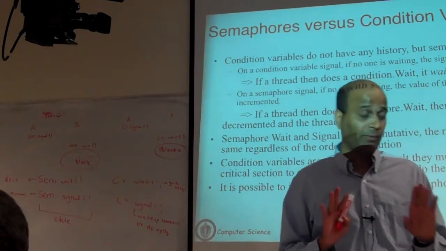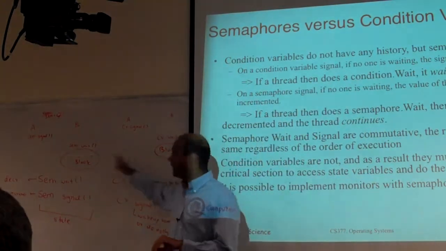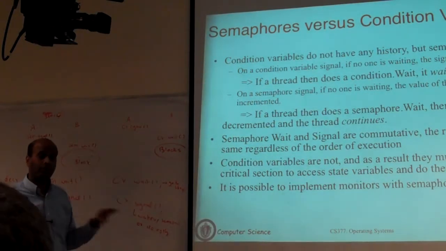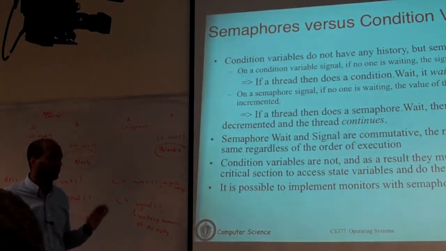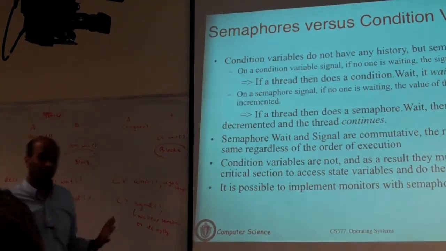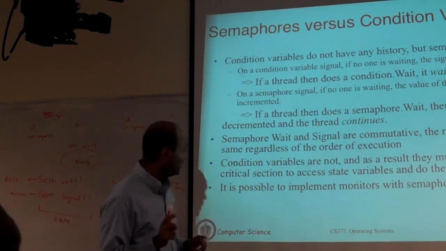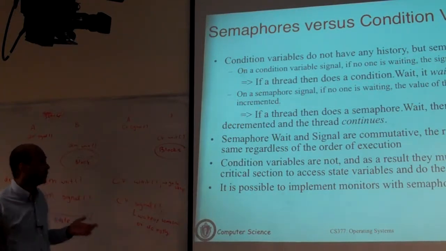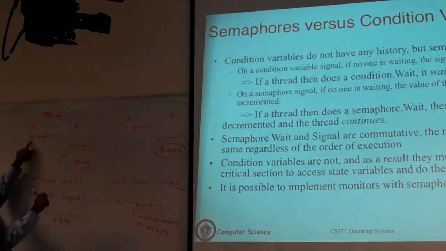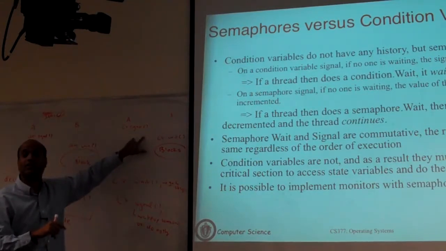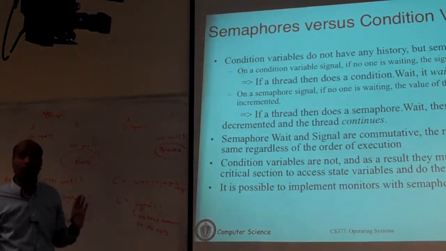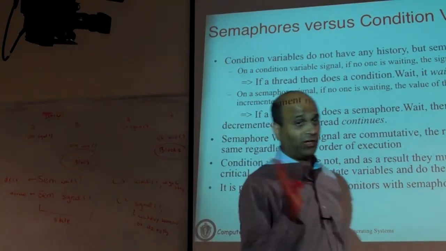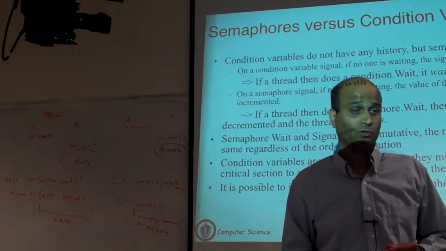Okay? So I'll repeat what I said. Just because the two behave differently doesn't mean that you cannot do certain things with this. From an overall expressive power perspective, you can solve any problem with either of those. You just write the code differently. Just because you lost this signal, you have to write some other code to make sure the code runs correctly. You can't just take the code for semaphore and blindly replace semaphore.signal with condition variable.signal and expect the code to work. It will not carry over. You will have to write the logic differently. But you can do producers and consumers. Shouldn't be a problem.